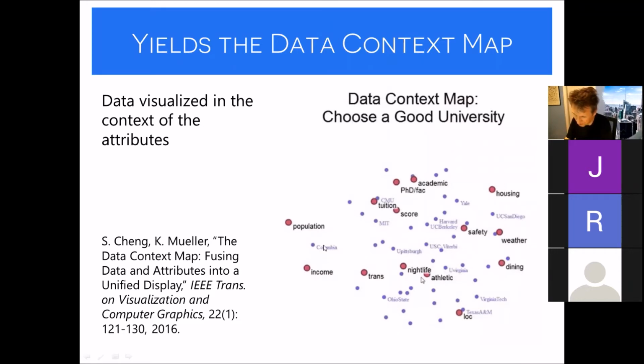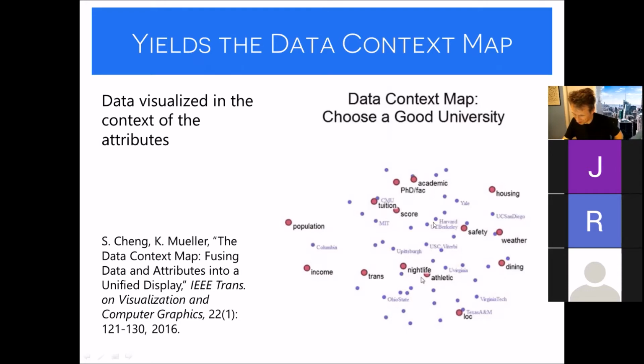Columbia is in New York City, which is at a very high population, right? All the others are in smaller towns than New York City. So that's why Columbia is closer. And that's where the rich people live. Like New York City is where the rich people live. I'm not one of them, but nevertheless, so basically what this display gives you, it gives you similarity of data